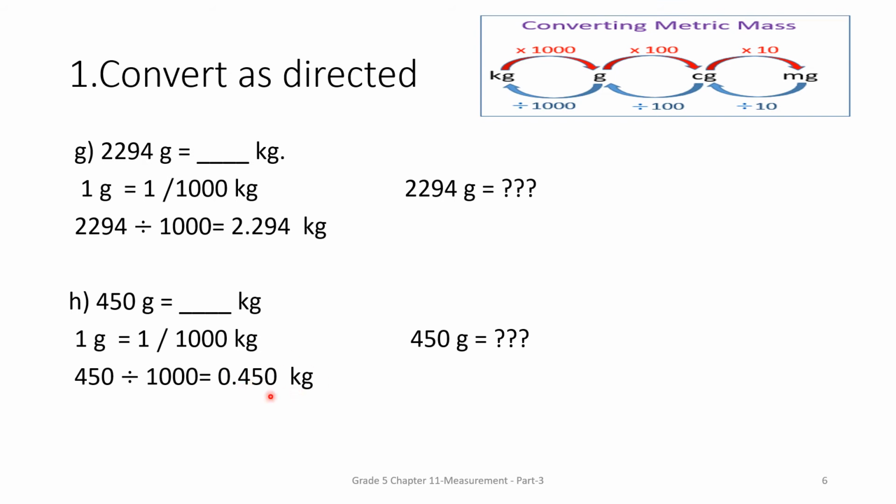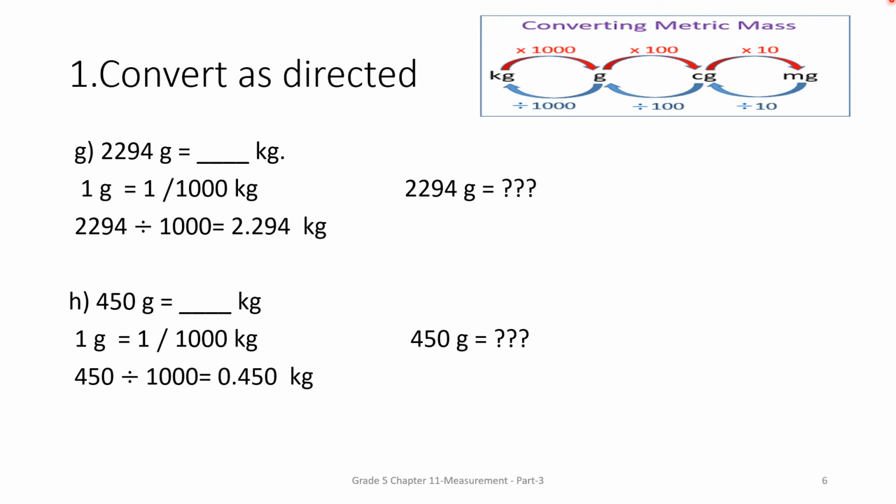0.450 kgs. Why? See, here we have how many zeros? We have 3 zeros. So we will put decimal point to its left by 3 digits since it is a division. So we have to move to its left. So 1, 2 and 3. Okay, so we'll put decimal point over here, that is before 4. So our answer will be 0.450 kgs. Okay, scholars, here we have completed question number 1 of exercise 11.3.